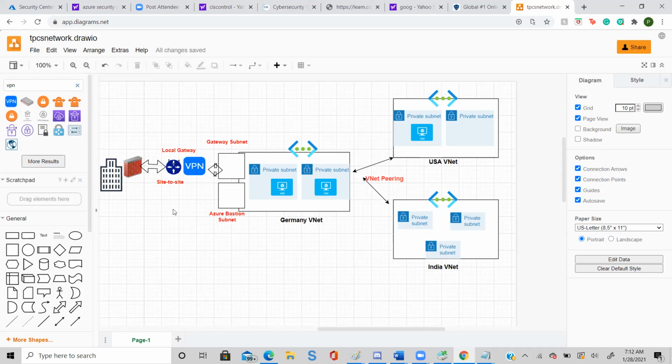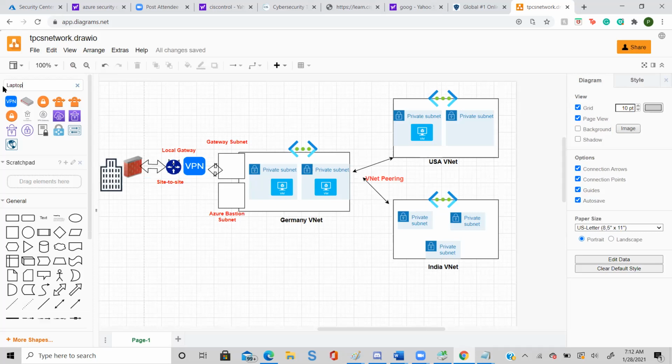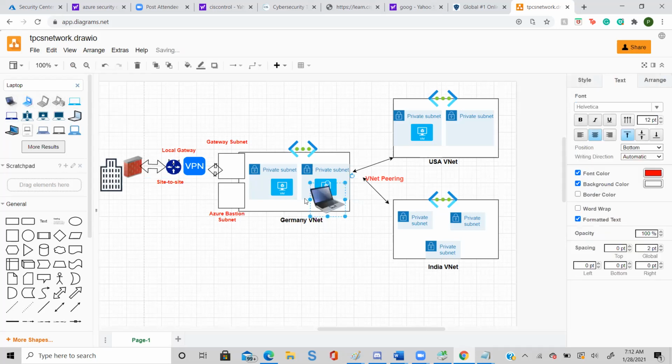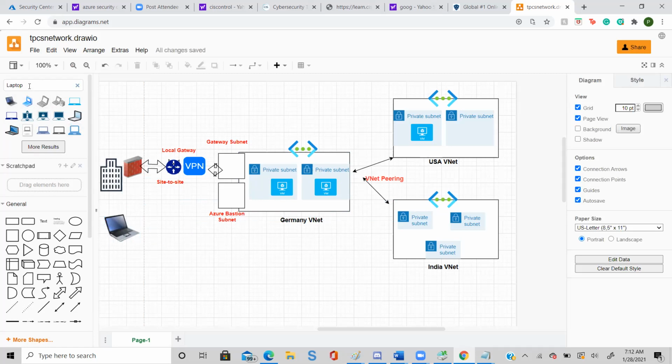But there is another way, if you want to connect to your Azure using your laptop. Let's say for example this is my laptop, this is Preeti's laptop. In this laptop we have to install something called a VPN certificate.